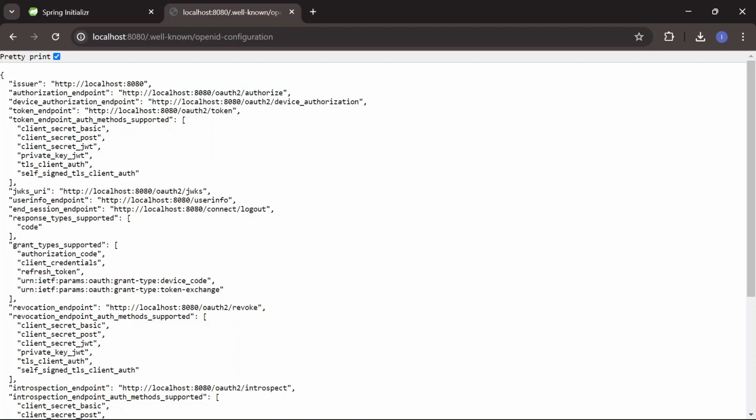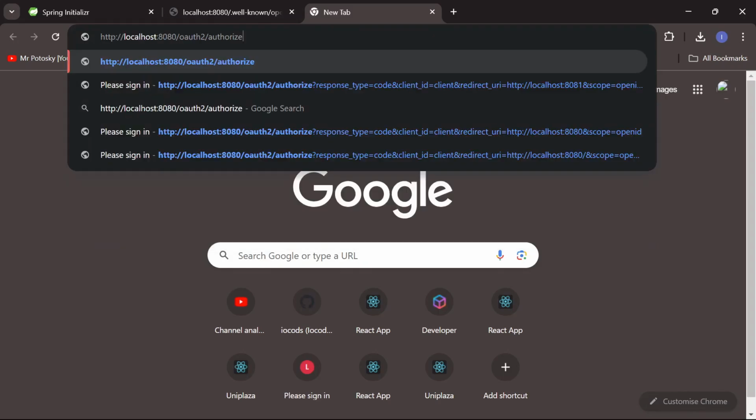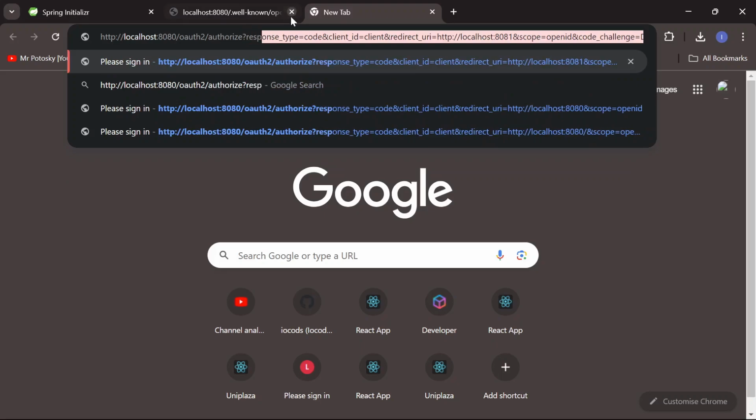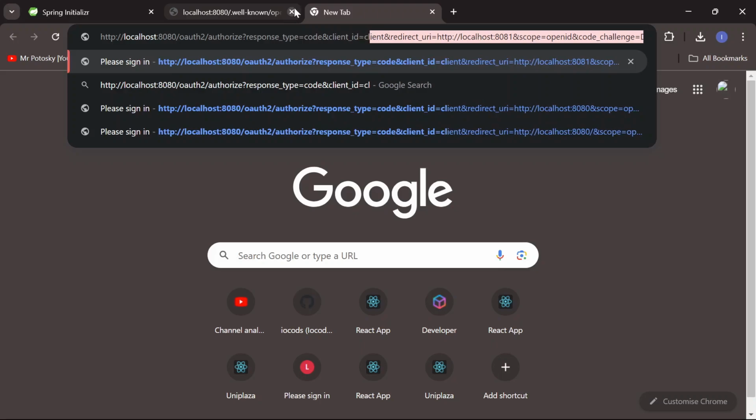So this is basically the endpoint that it exposed. So I'm going to copy the whole of this, Control C, and right here I'm going to paste it. And then for us to get a token and access code at first, we have to provide a couple of parameters, a couple of variables as query parameters to this endpoint, starting with the first one, which is the response type. So I'm going to say response_type is equal to code. As you can see, I've tried it prior to this moment, and we set our client ID. That's client_id is equal to client, and